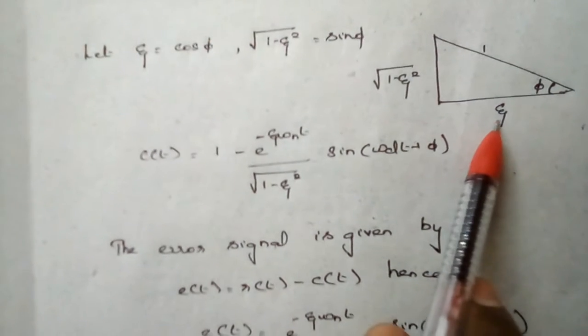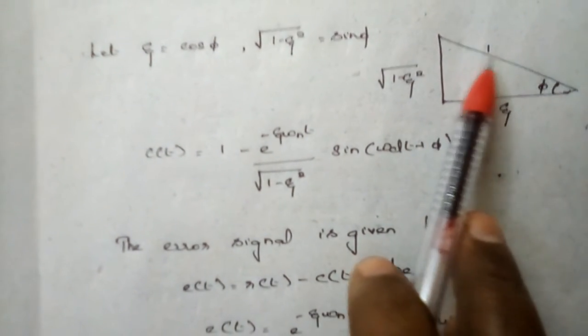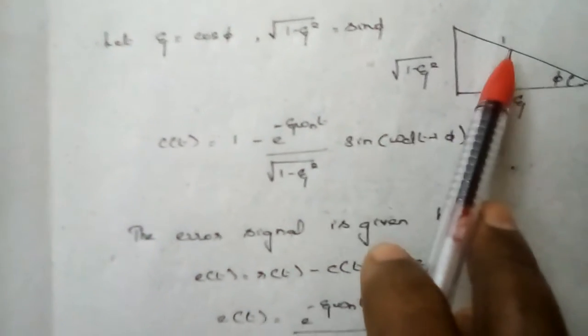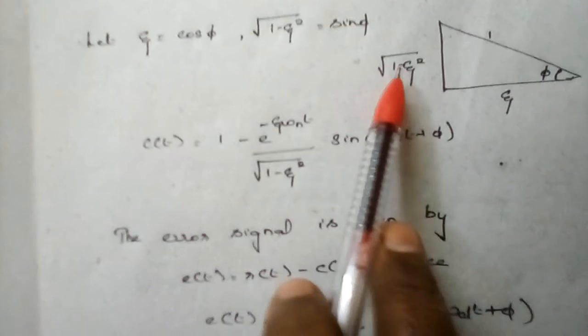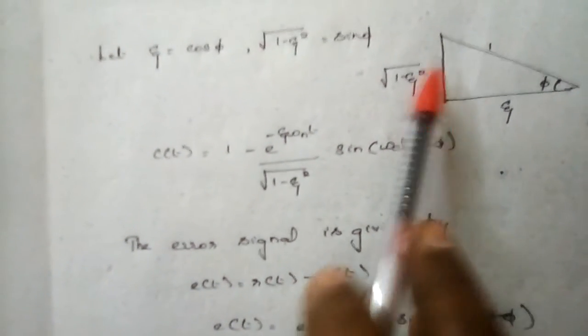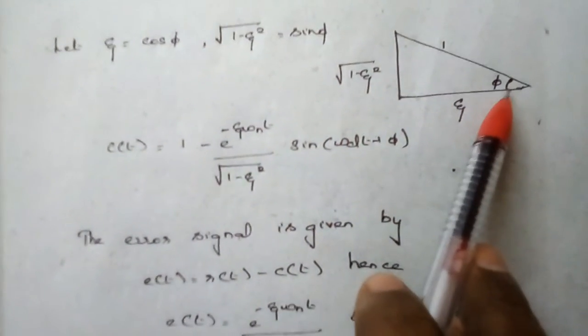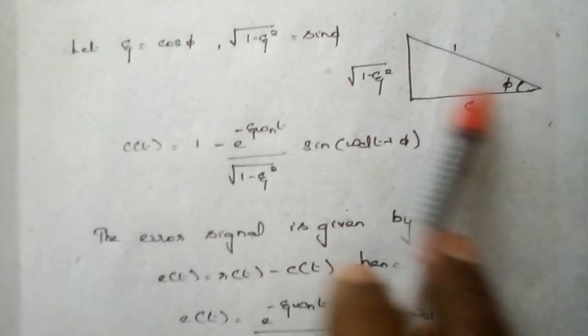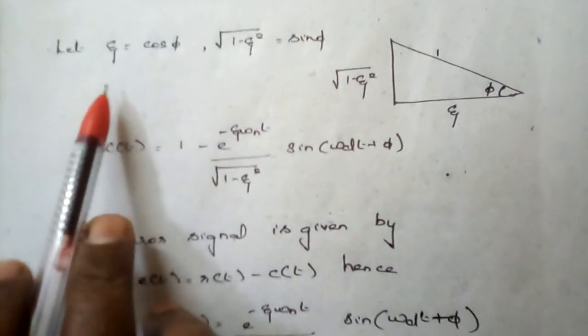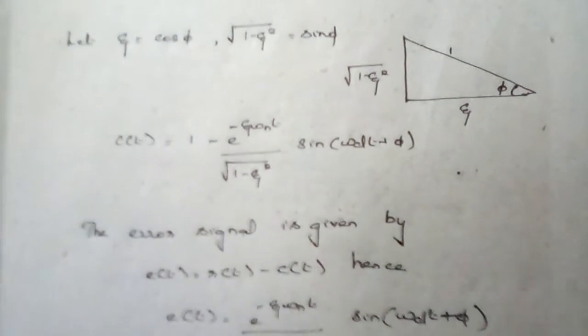Zeta is the damping ratio, and the opposite divided by hypotenuse, with hypotenuse 1, gives root of 1 minus zeta square divided by 1, which is equal to sin phi. So zeta and root of 1 minus zeta square make an angle phi. So I am considering the term as sin phi, and for cos phi, this is zeta. Substituting the cos phi and sin phi there,